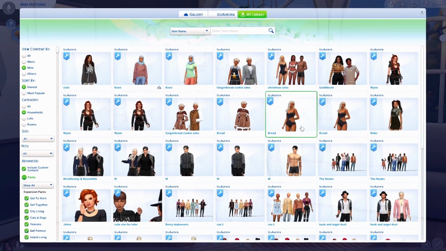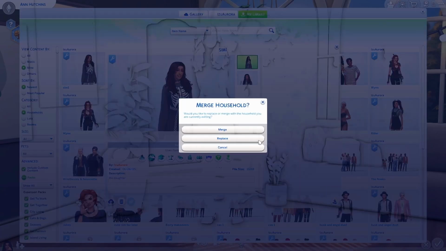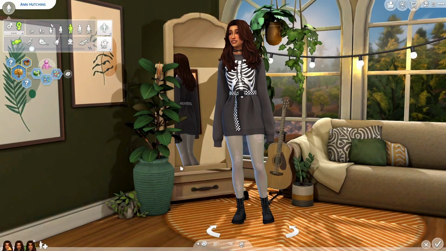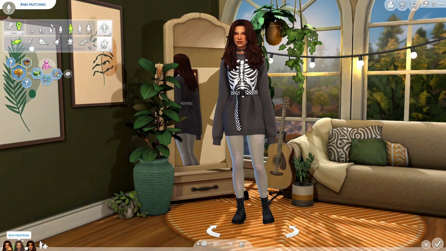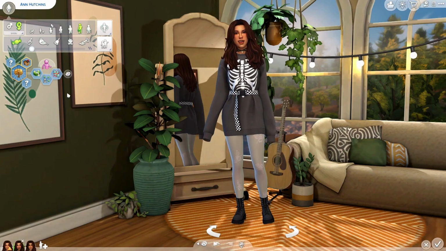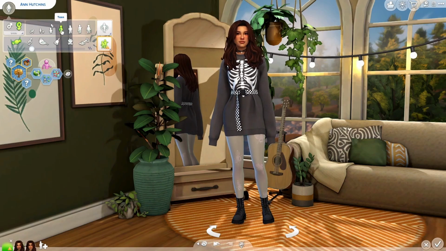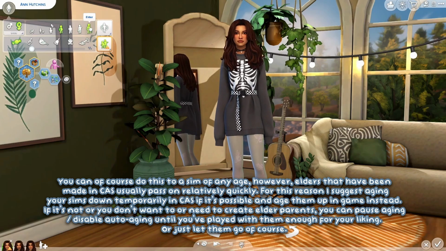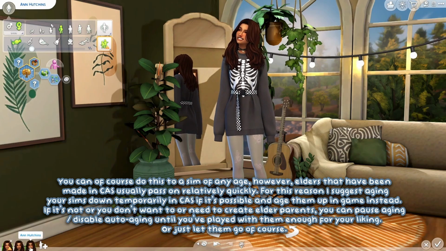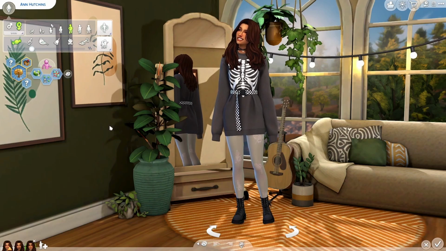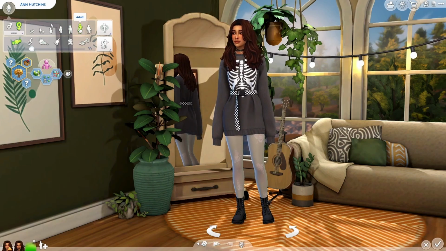Then I will go to my gallery and get this sim twice. I'm gonna merge it instead of replacing it. And then what I will do is make this sim an adult. I'm not gonna make them elders, because they usually die quite quickly. You can then age them up in game to make their ages more suitable,